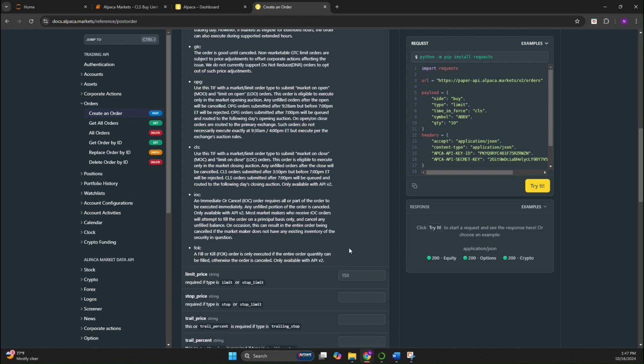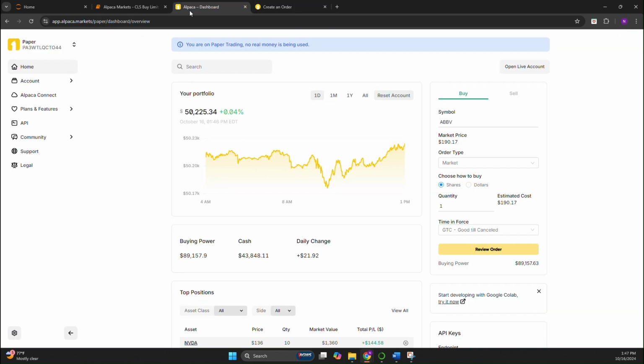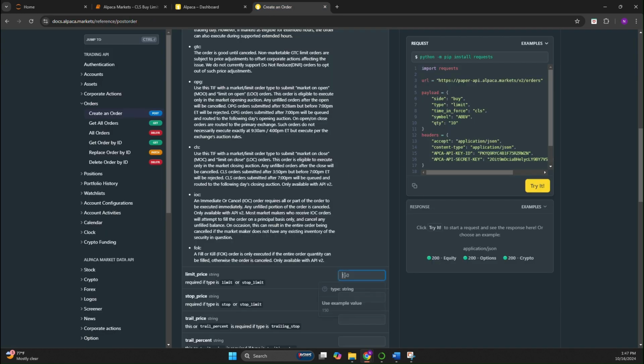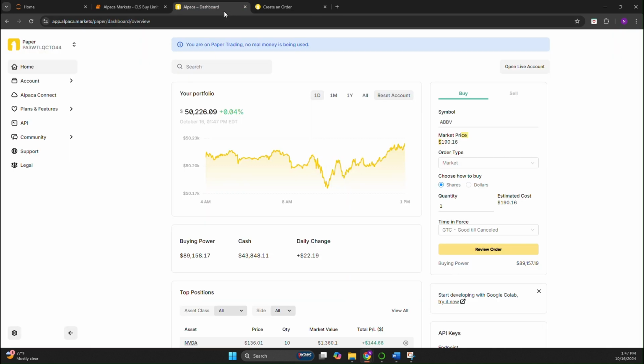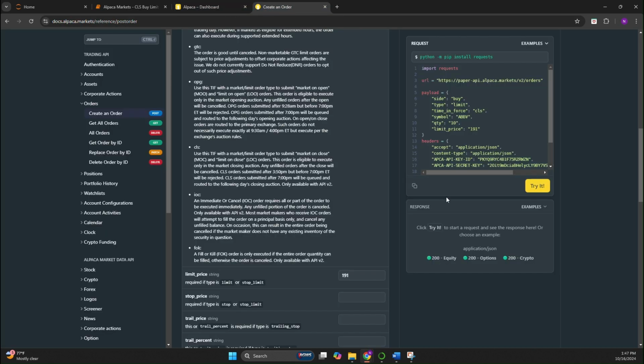And the last thing we need to do is put in a limit price. So when this closes, we will want to buy 10 shares of ABBV. Let's say if it's below 191, we'll use that. So if it's below 191, currently trading at 190.16, this is going to execute in the closing